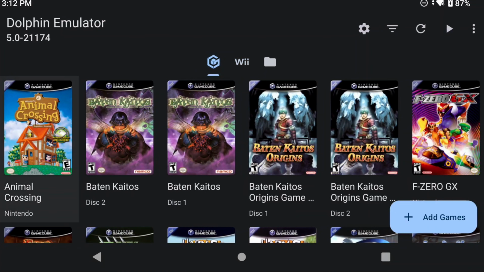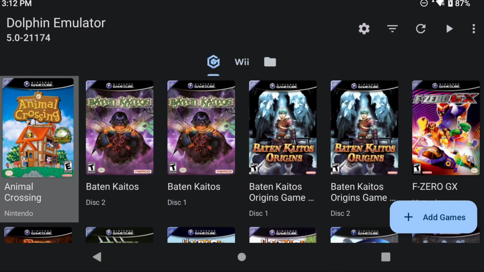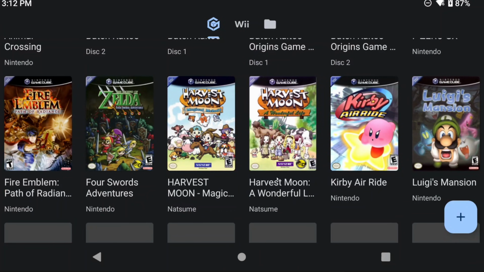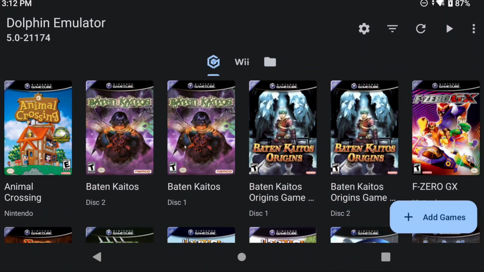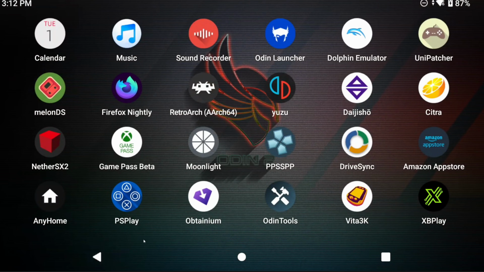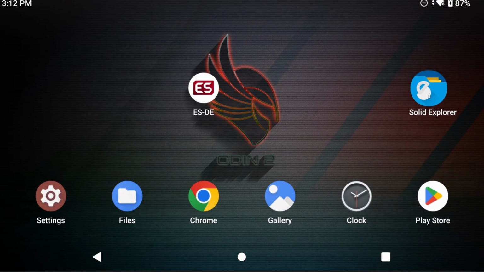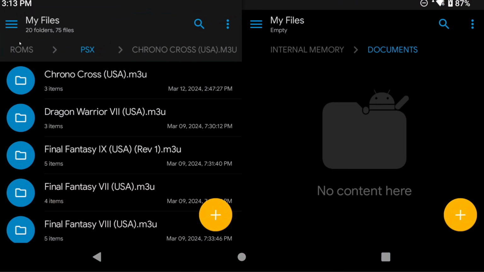Dolphin Official is the worst, and it's the trickiest. Right now in Dolphin, if you change your path to another folder, even if it's the same games, you're going to get duplicates everywhere. Each game will duplicate and it's a mess. Special thanks to Jade for figuring this out, but what you need to do is use Solid Explorer File Manager. I can't confirm if any other app has the right permissions to do this, but you want to head to